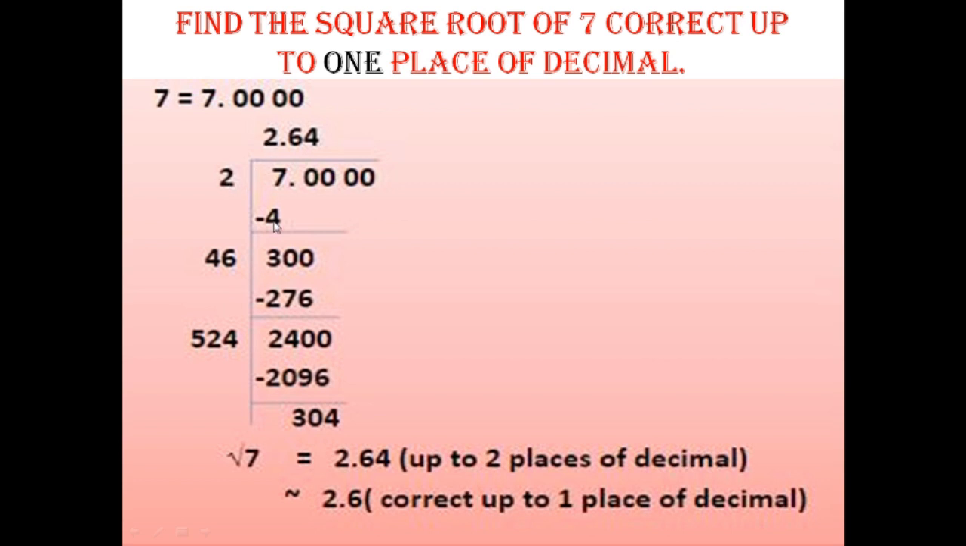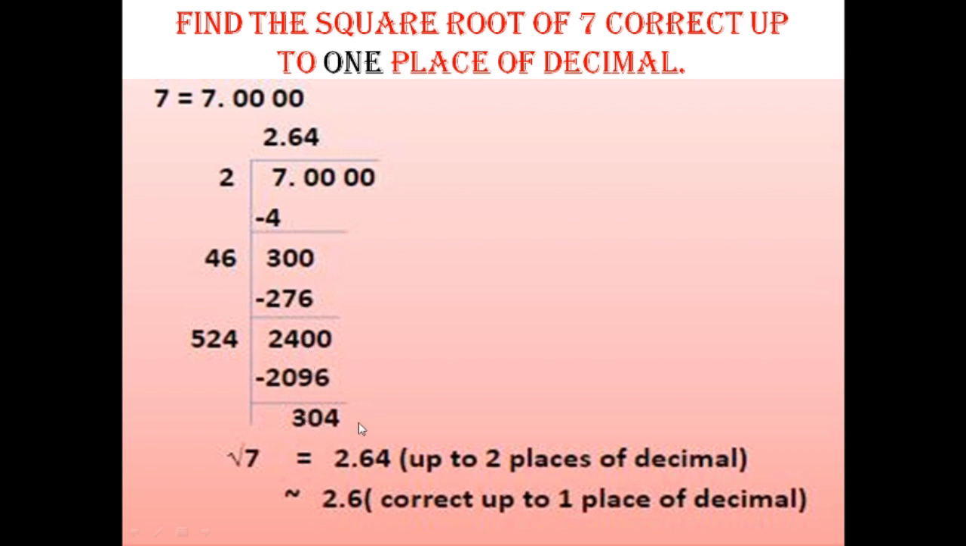2 2s are 4, then subtract it, it is 3. Now it is here, it is point, mark this point here. Next pair of zeros, then double of 2 is 4. According to 300 we will choose 6 here, which will become 276, and with the same method continue this, but